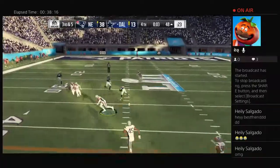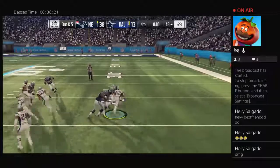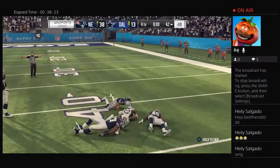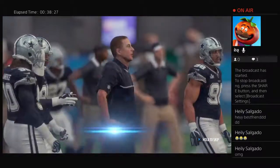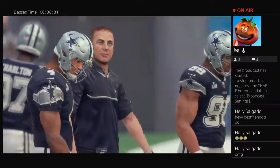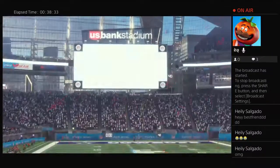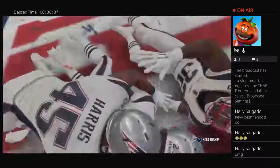Prescott into heavy traffic, and it's intercepted. Picked off at the 36, and that will write a finish to this ball game. And it's another Super Bowl title for the New England Patriots. And to the Super Bowl champions, they etch their name forever in